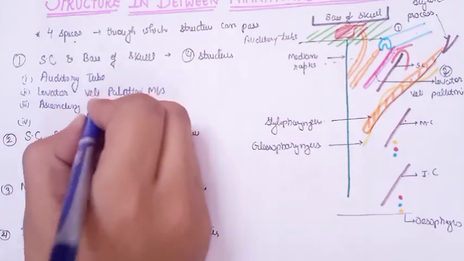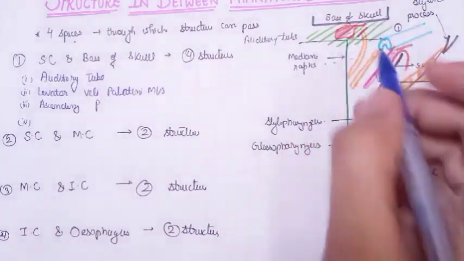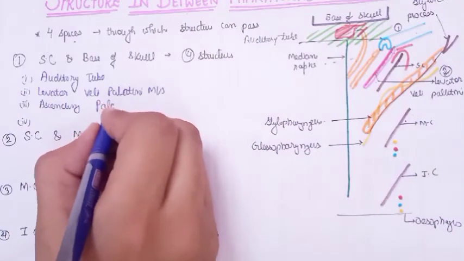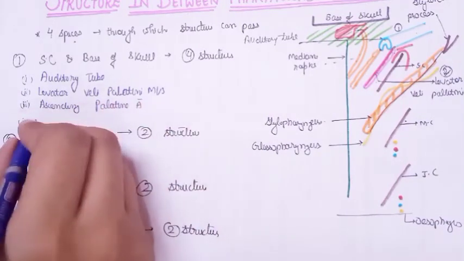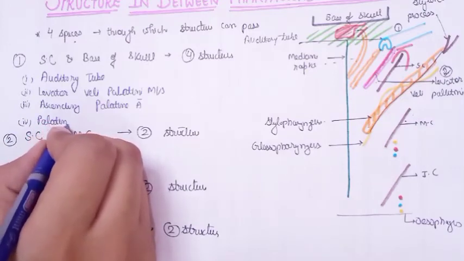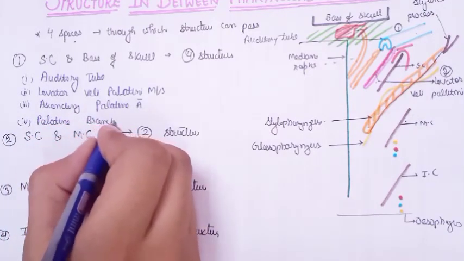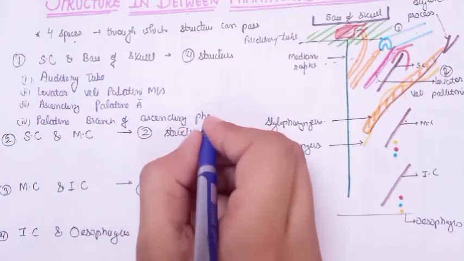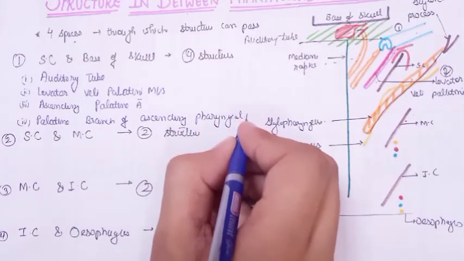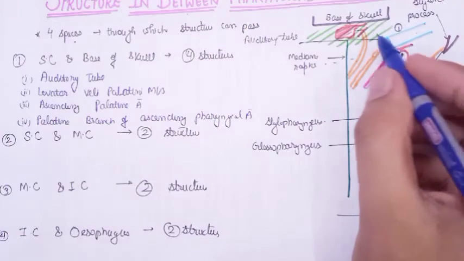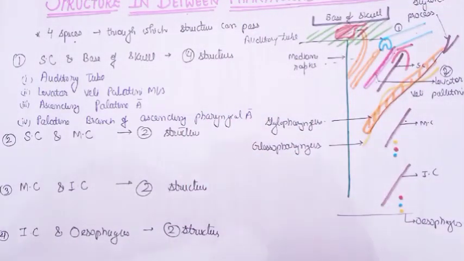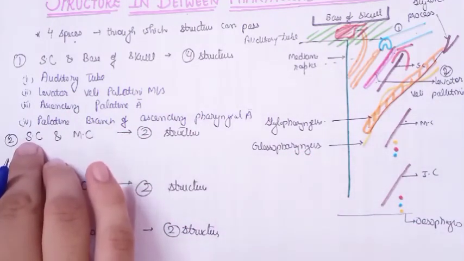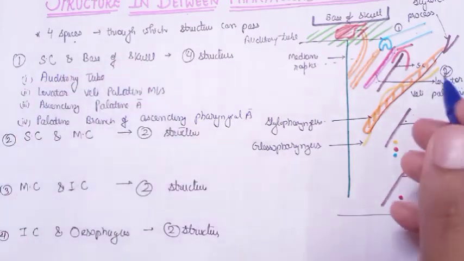palatine, because these arteries supply the palate. Just remember I told you, as you have the palate here, these arteries supply the palate. So we have the ascending palatine artery and the palatine branch of the ascending pharyngeal artery. So the two arteries supply the palate. All the arteries are related to the palate. Now between the superior constrictor and the middle constrictor, we have two structures that are very simple: